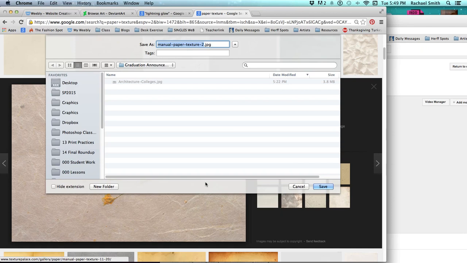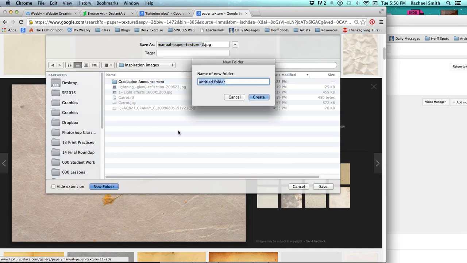Textures typically get blended together and aren't just used to print one big picture, so you don't really need to keep track of your sources for textures, but I'm going to show you how with this one anyway. So I've got this image, it's ready to save. I would suggest in your inspiration folder or your images cache to make a folder called textures